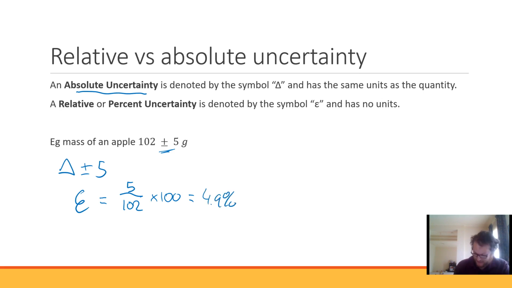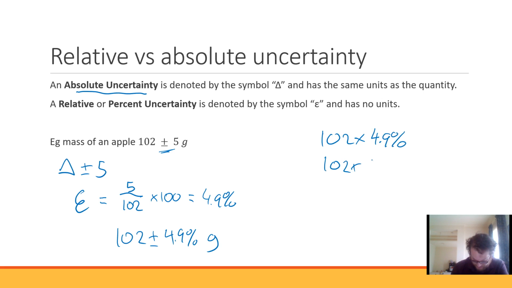4.9%. Okay, so now if I then go, well, great, cool. That means I could say it's 102 plus or minus 4.9% grams. How do I turn that back? Well, if I've got 102 times 4.9%, or 102 times 4.9 over 100, that's going to give me